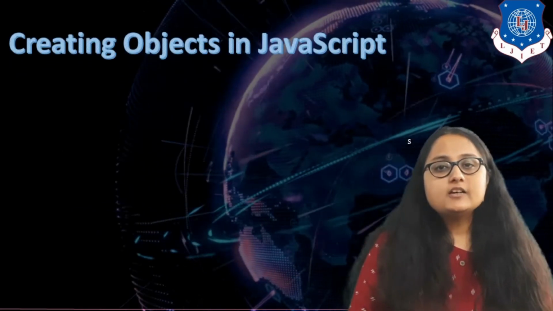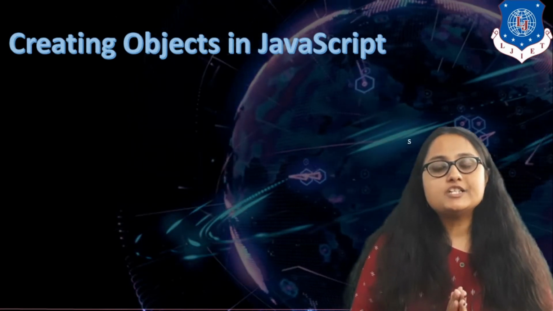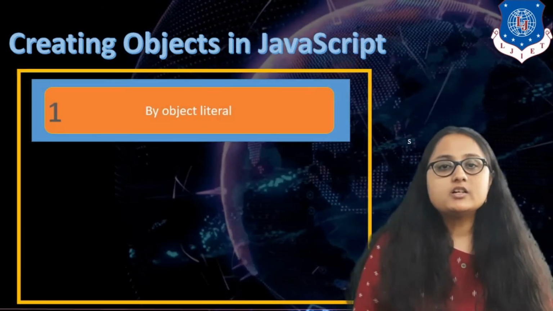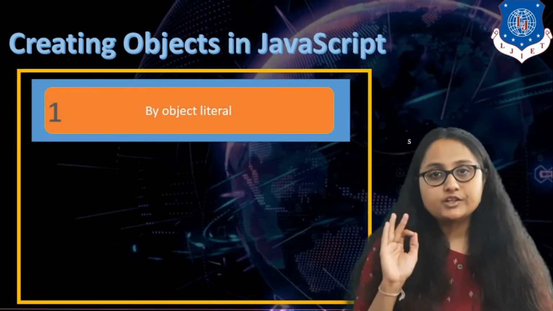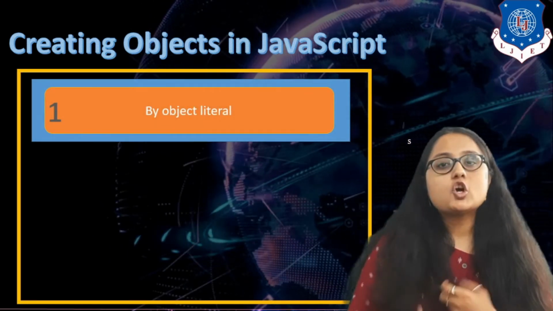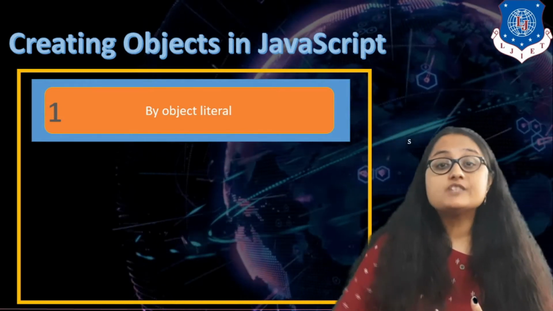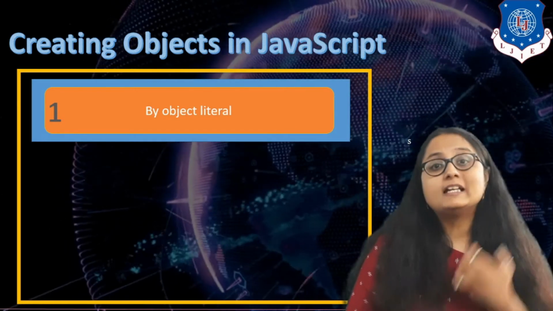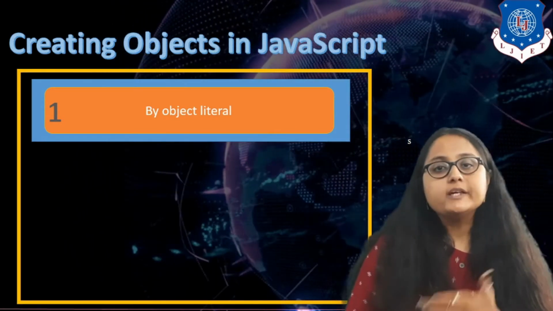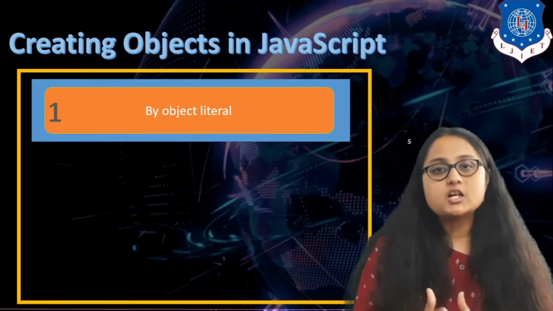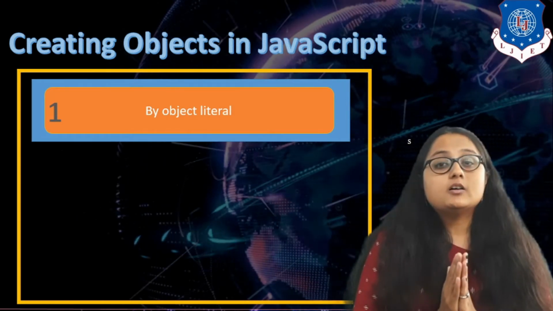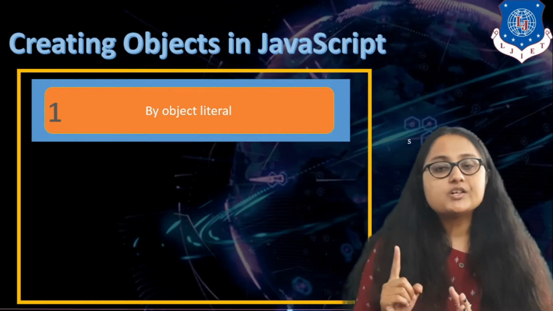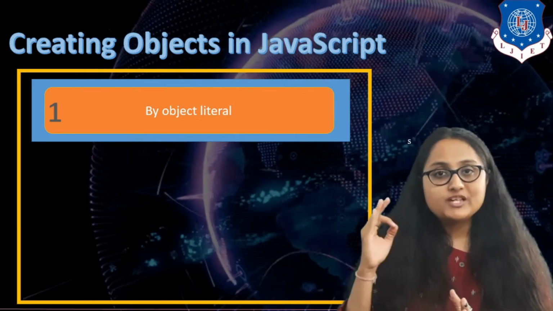Basically, for creating a user defined object in JavaScript there are three main methods. The first method is to use an object literal. We will shortly see the syntax, and we will run one program for each of these methods so that you can get an idea how to create a user defined object. Just for now remember the names of the methods. The first method is by using an object literal.